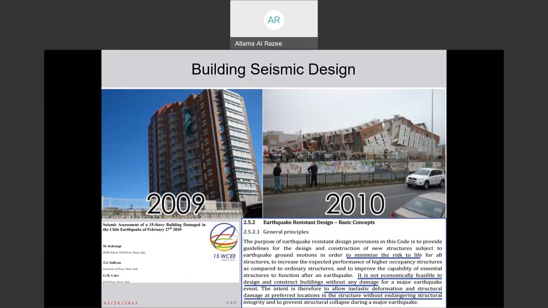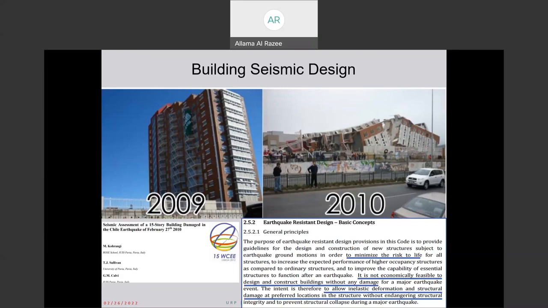For example, this is from a paper in a world conference assessing this 50-story building damage in one of the earthquakes in Chile in the year 2010, a very nicely built building like this,